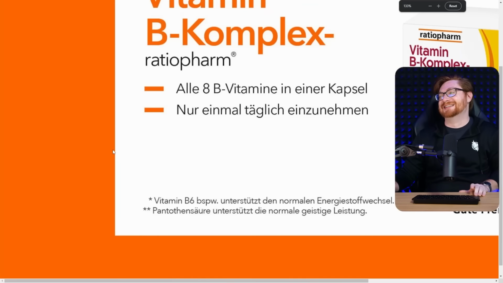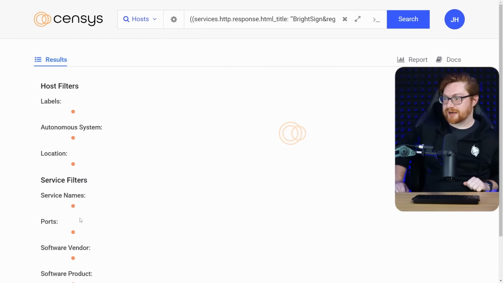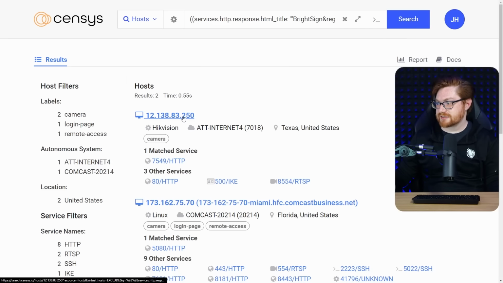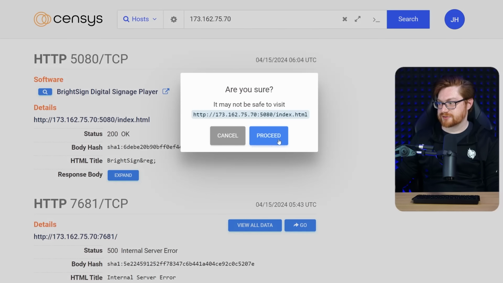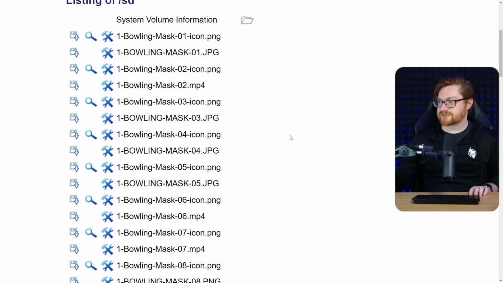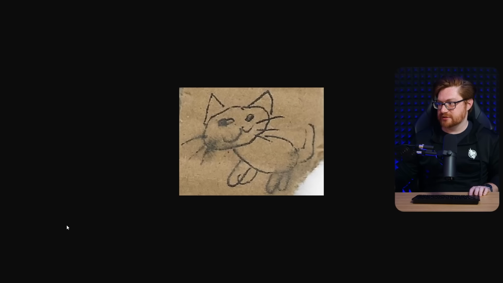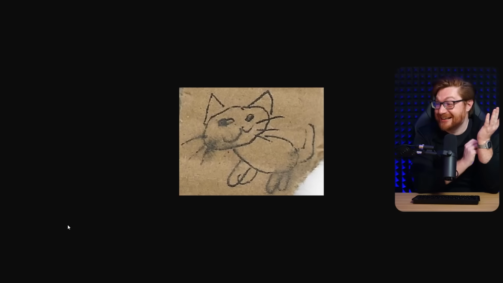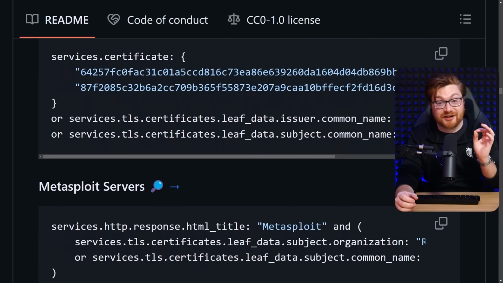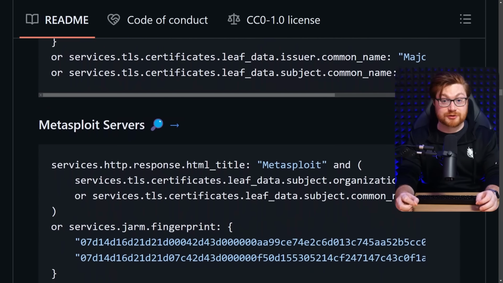Oh no. Are there any of these in the United States? There's one in Texas, Florida. SSH is there, and there's the digital signage. Bowling masks. What is that? Image.jpg. What is that? All right, obviously there's a ton of weird, wild, and wacky stuff you could track down